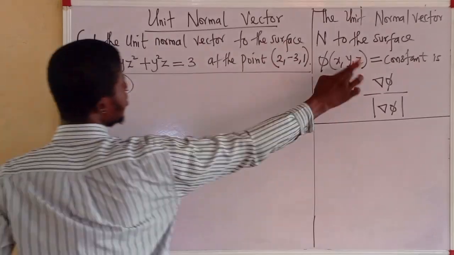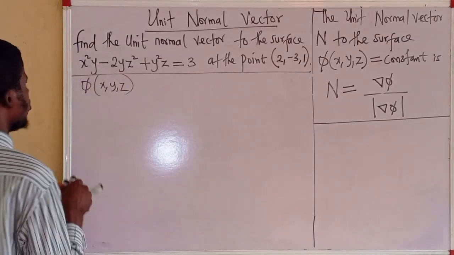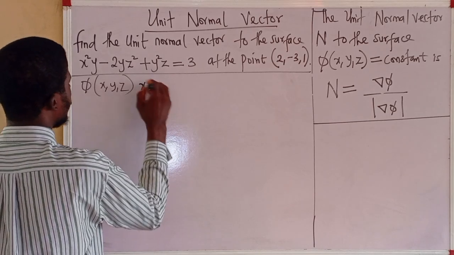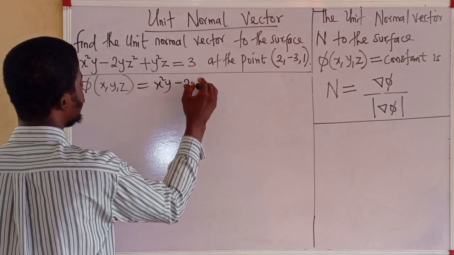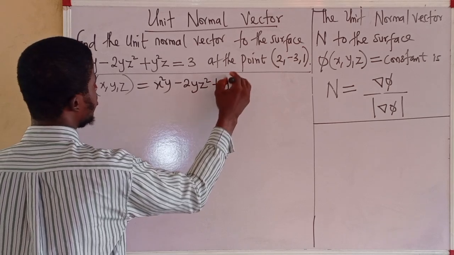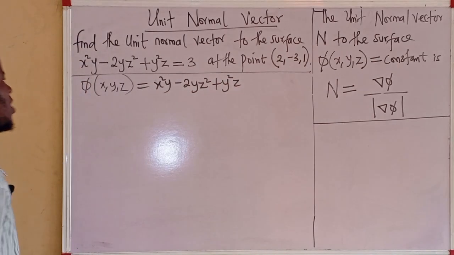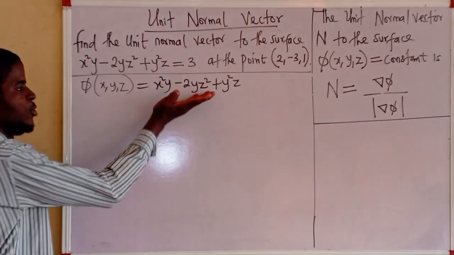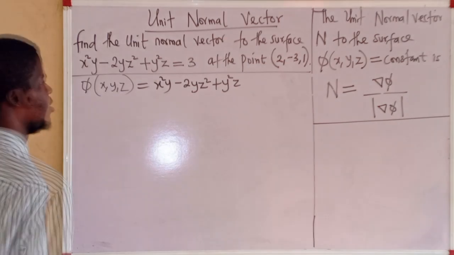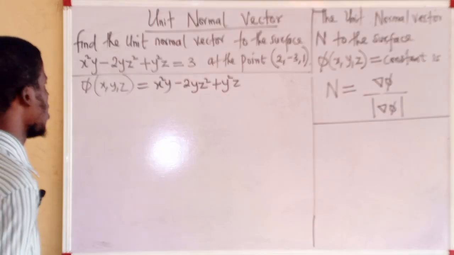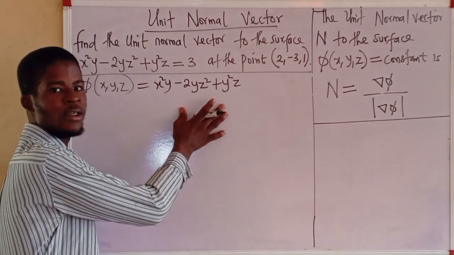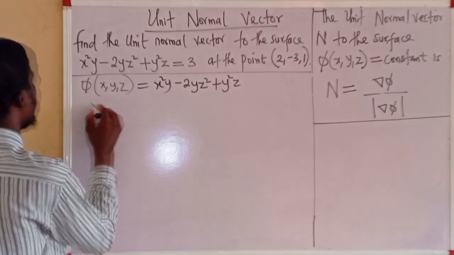Okay, so based on this, phi is equal to x squared y minus 2yz squared plus y squared z. So let's determine the gradient of this function now. All right. Actually, I have explained this in one of my videos, gradient of a scalar field, how to determine the gradient of phi. Okay, so the formula says the grad of phi